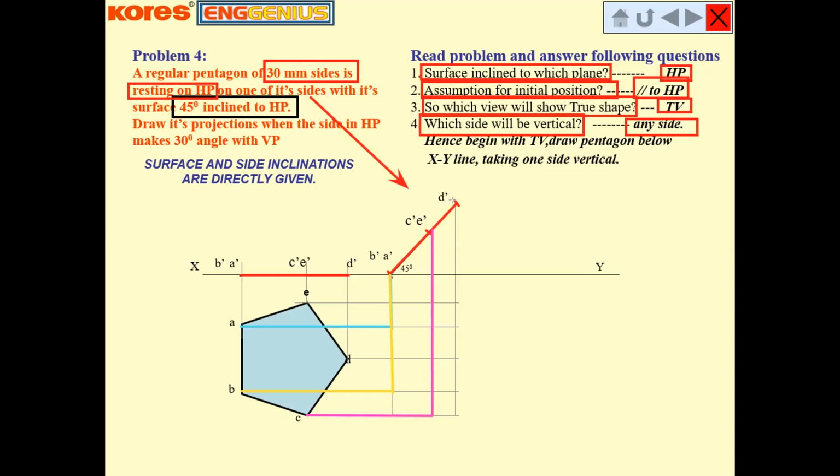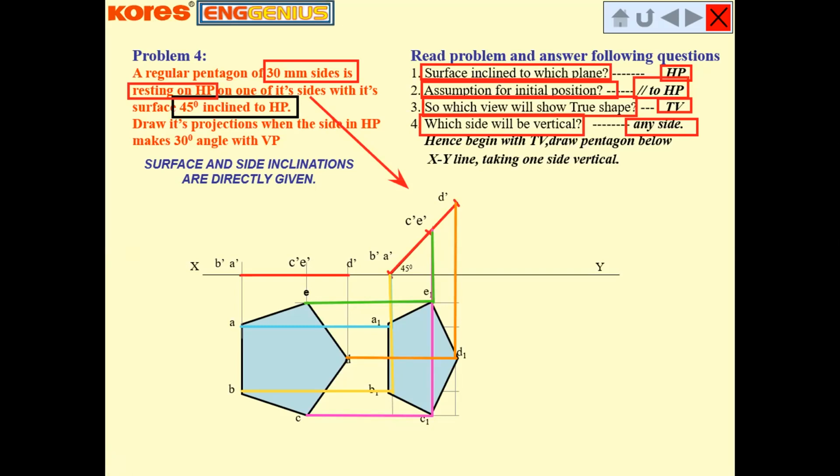From point E and from point D, from D dash, it is a vertical line, and from point D, draw a horizontal line. Mark all the intersecting points and complete the drawing like this. And we will give the nomenclature of these particular points like A1, B1, C1, D1, and E1.